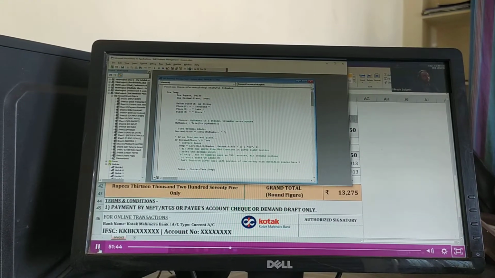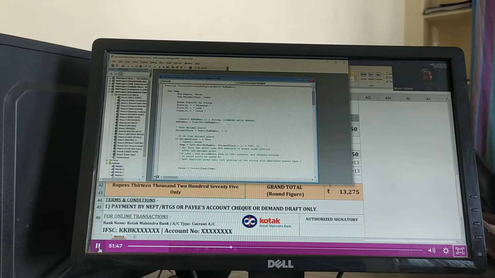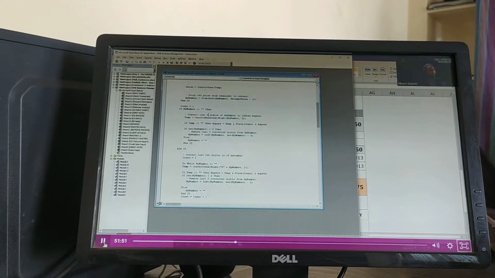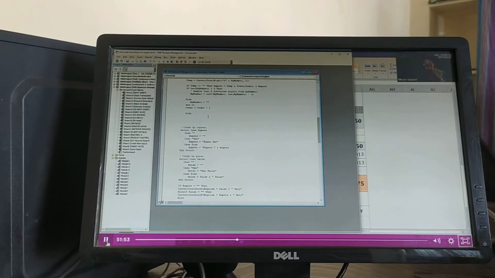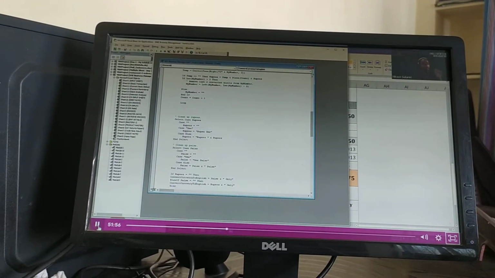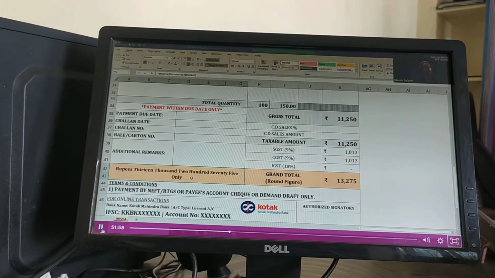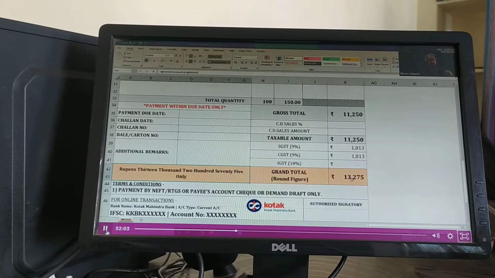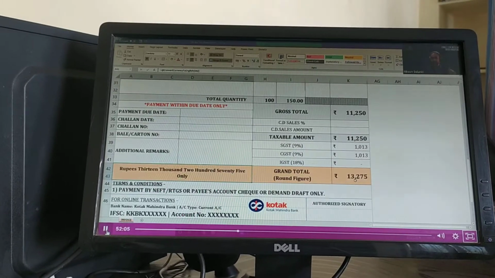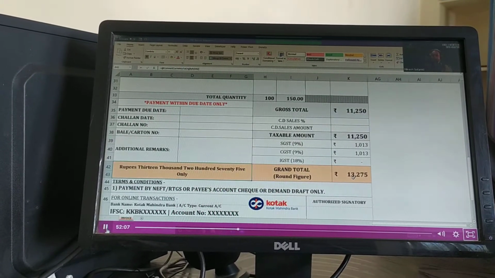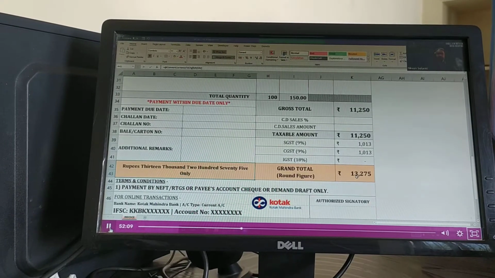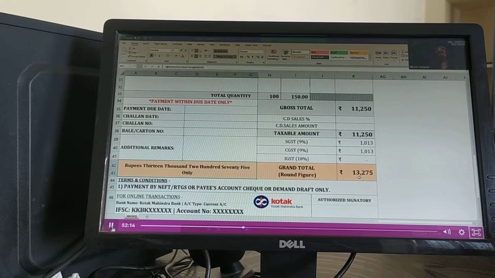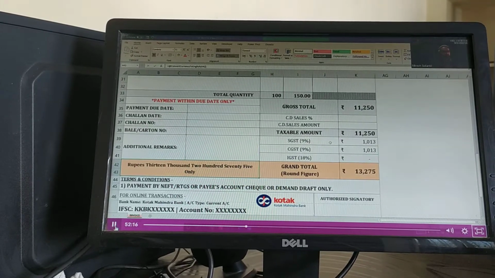So here I have written the code. I cannot zoom in more because there is no feature for that. For everything we have created a code, every line, so every letter, every word is read, and hence it is showing this result here, right? So rupees 13,275 only is reading each and every number in this cell, and it is displaying it here, right? It's advanced Excel. We have written code for each and every letter, each and every number in that cell, and that's why it is showing.